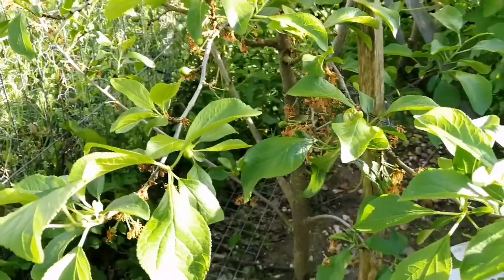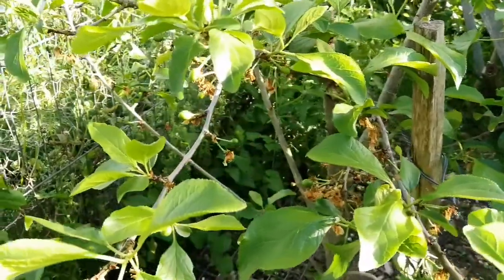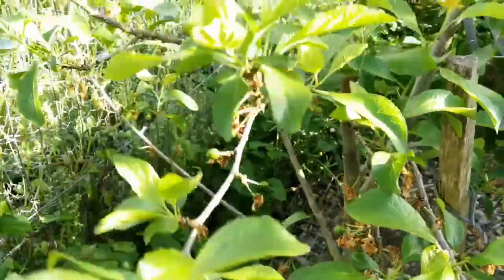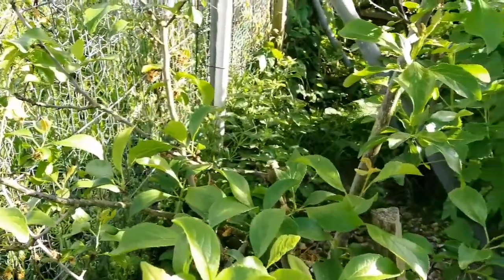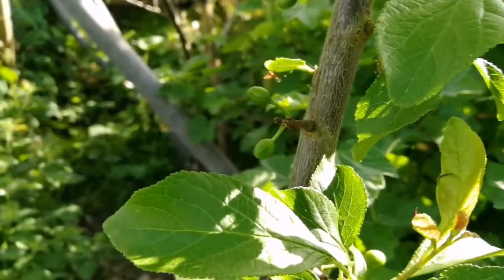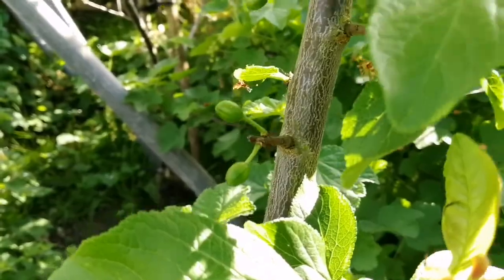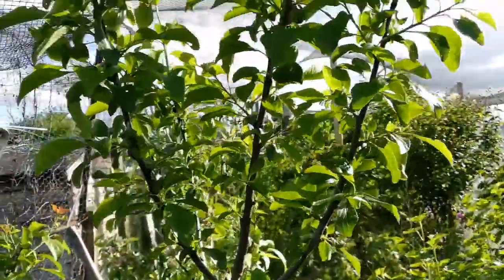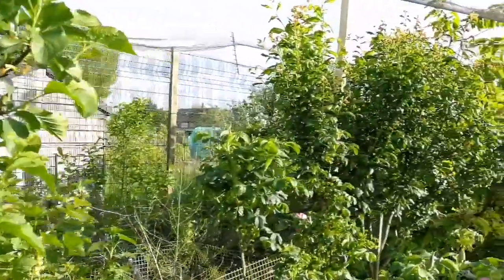This is the Reine Claude d'Oullins. It's a French variety. I bought it from Keepers Nursery. Unfortunately, it broke by accident. But this year it has grown and given lots of fruit. The fruits are really delicious. Whatever I bought from Keepers Nursery are really good trees. And as you can see, it has lots of fruits. Okay, that was almost all of our